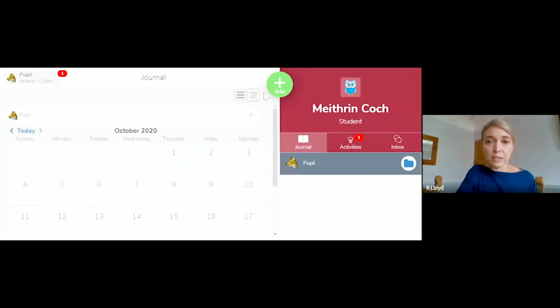So you can press this little calendar button and you can search through the different dates. You can look back through the previous months and find activities which have been posted on different dates. None are available for me here because this pupil does not have any other pieces of work set up at the moment. So going back to the class journal,